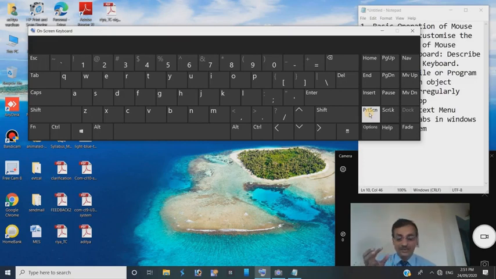For an example, suppose we want to send the snapshot to the clipboard. How can we do it? Now I am going to click the Print Screen. Yes, Print Screen has been clicked, and now I am going to start Microsoft Word.